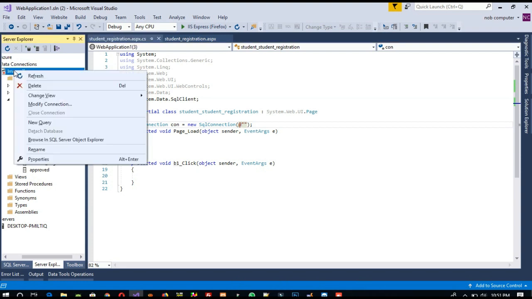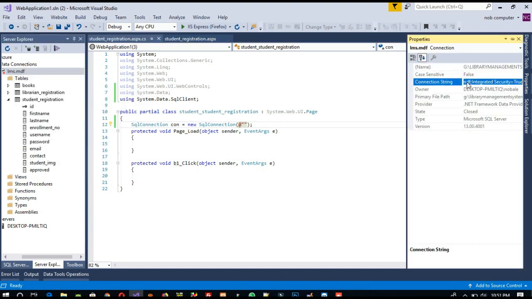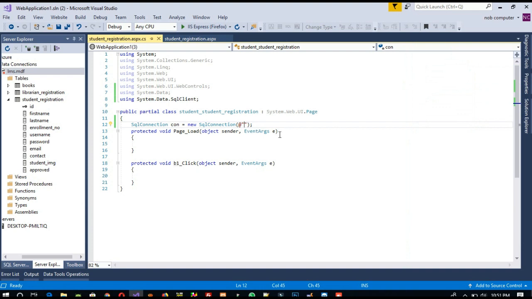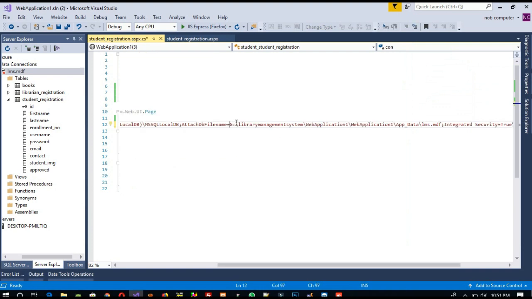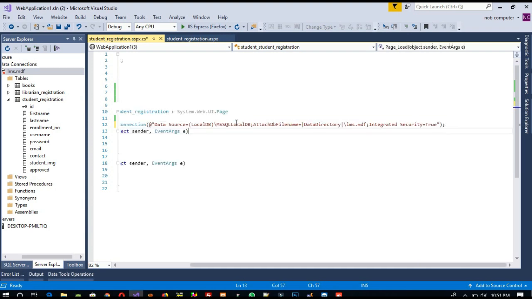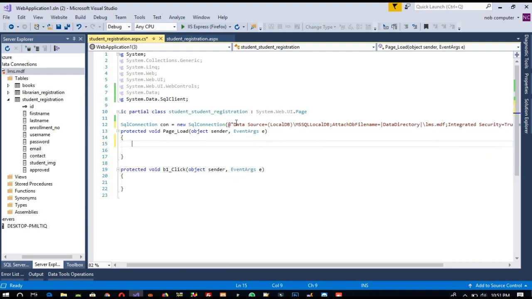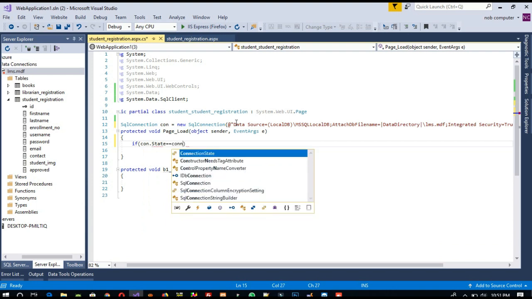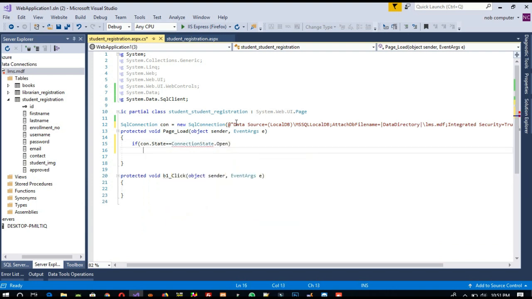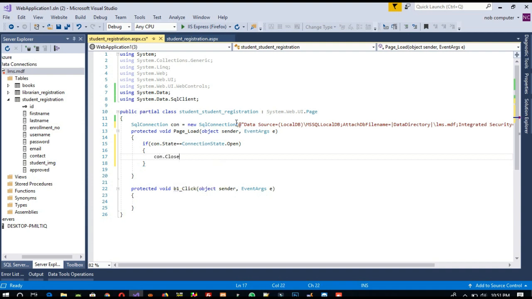Now right click properties, and we are going to copy this path and paste here, and here we are going to take the data directory. Okay, if con.State is equal to ConnectionState.Open, then connection close, and here we are going to take connection open. Okay,